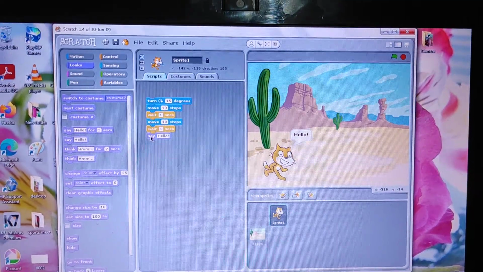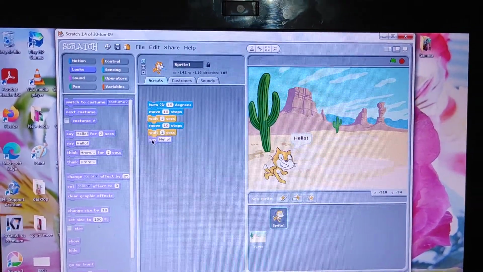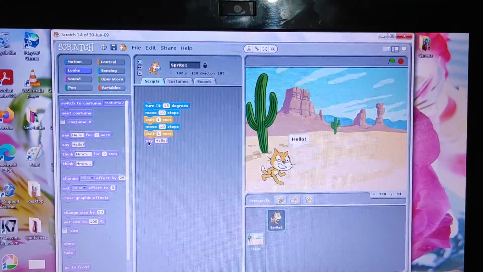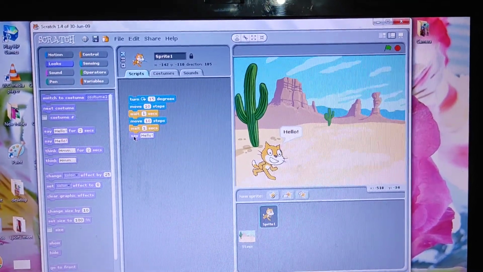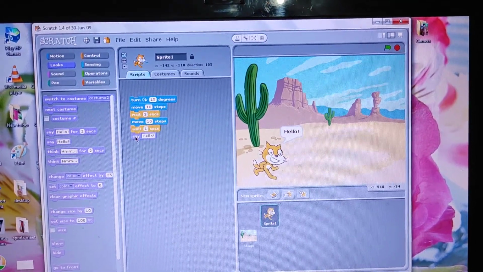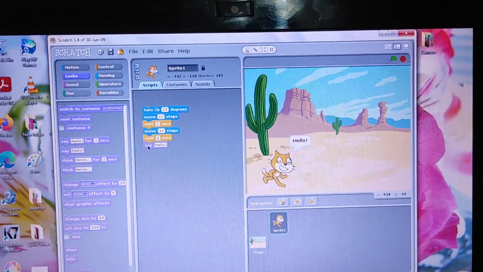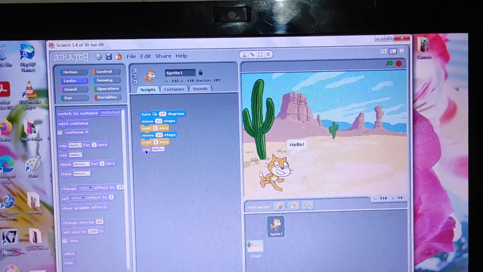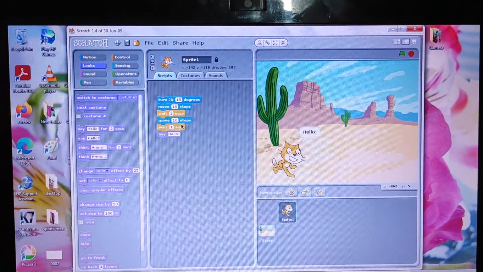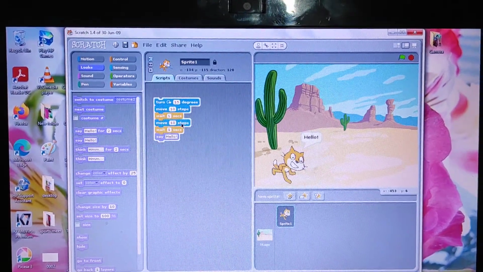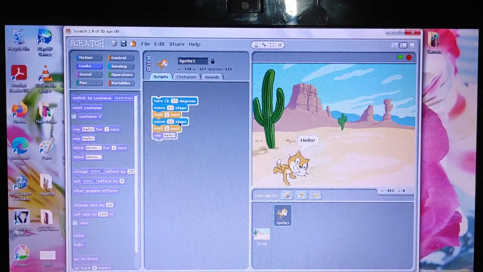Now, how can you run this program? Click any of the joined blocks in the script area. Scratch carries out all the joined instructions in order, starting from the top and working its way down the blocks. So just click on it. It will work in this way.